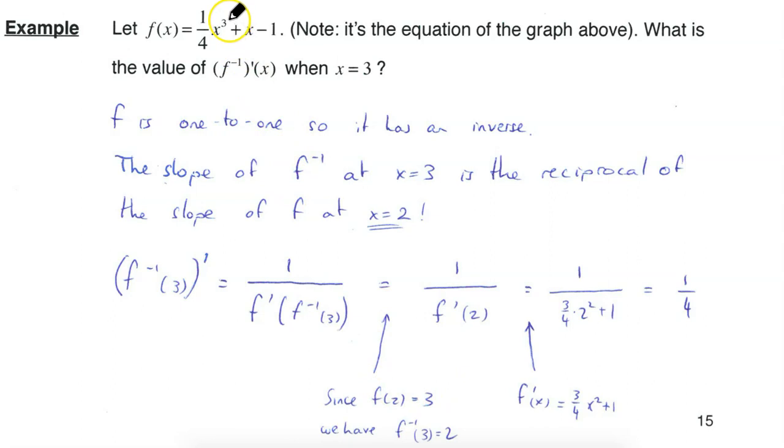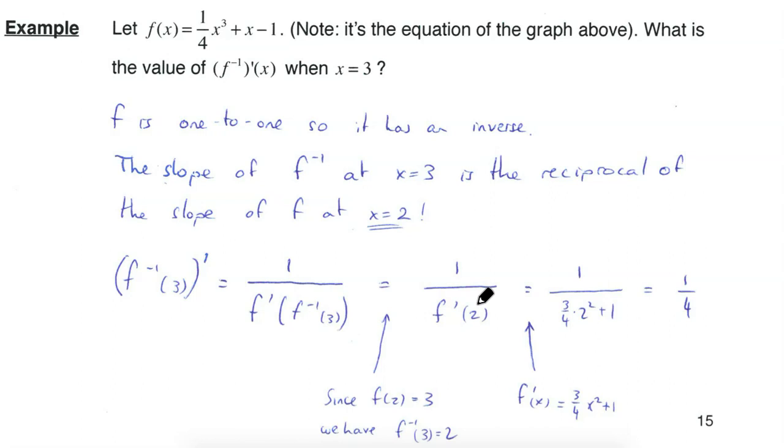Let's check. If I plug in 2 here, 2 cubed is 8, 1/4 of 8 is 2, so I would get 2 plus 2 minus 1, which is indeed 3. f of 2 equals 3. What does that mean? That means that f inverse of 3 equals 2, because that's just what the inverse does. It kind of flips the x and y. So f inverse of 3 equals 2, I can plug it in here,